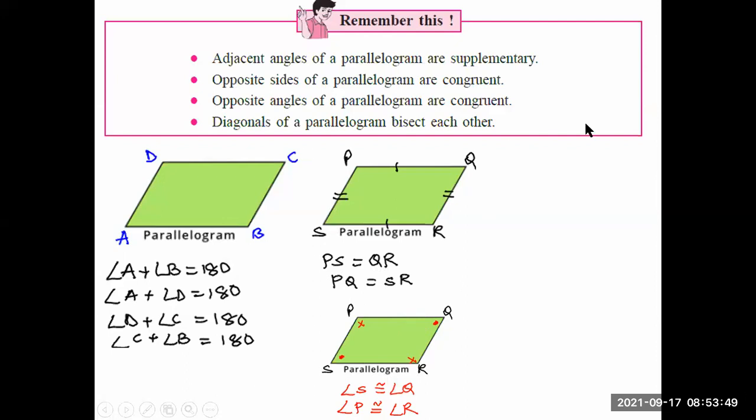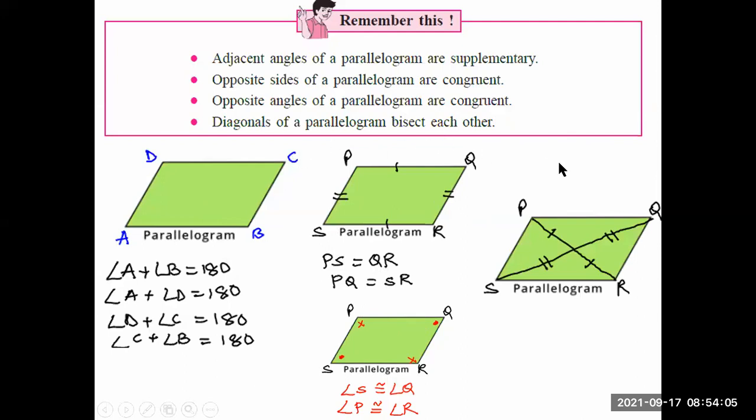So instead of writing out all the properties, you can also draw small parallelograms like this and just mark the properties on them so that it will be easy for you to remember and recollect. Next, diagonals bisect each other. Notice the diagonals are marked that way because they bisect each other. That means they break each other into equal parts. So if PR is 10, it will be broken into two equal halves, that is PO and OR, if I name this point of intersection as O.